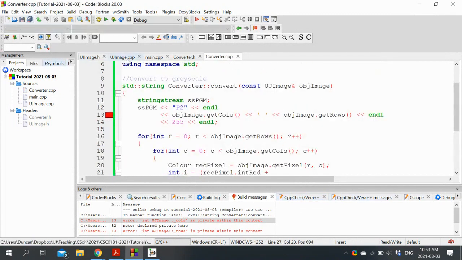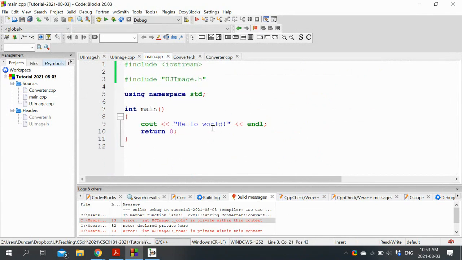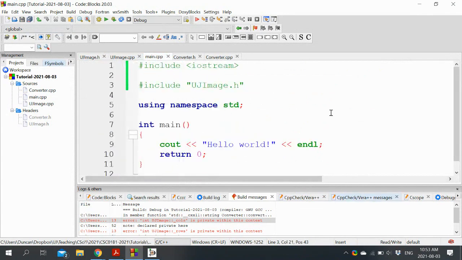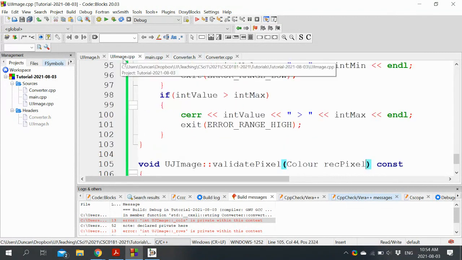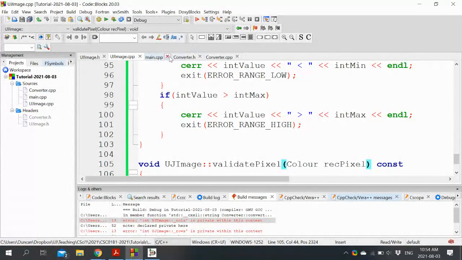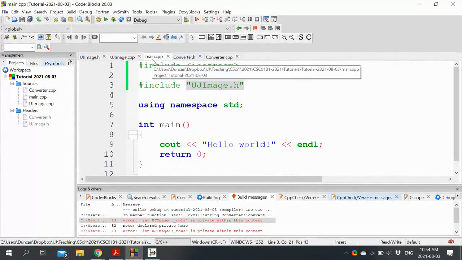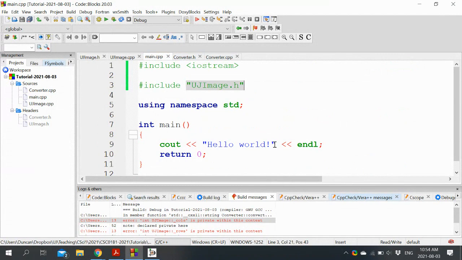So that's good. Now we can just use main. And the interesting thing you'll see about main, and this is part of the advantage of using the composition delegation based approach, no one who's using the UJ image from main has any idea that a converter exists or exactly how the responsibilities that a UJ image has are divided up. That's the whole point of separating logical properties from implementation details. For us, this will look like just a regular UJ image with a convert function that does stuff. We don't know or need to know exactly how it is structured internally. So let's begin. Let's make our UJ image.